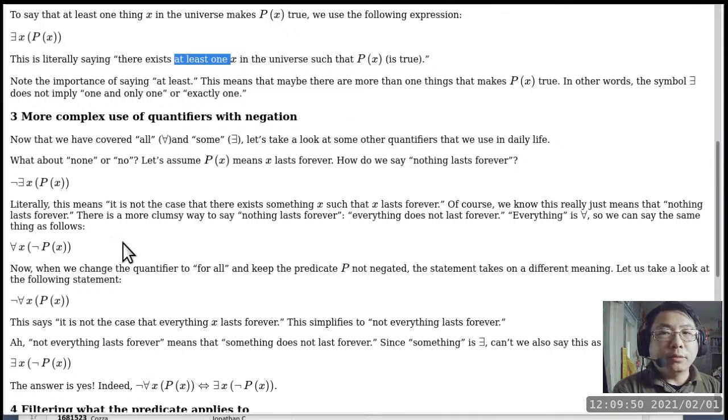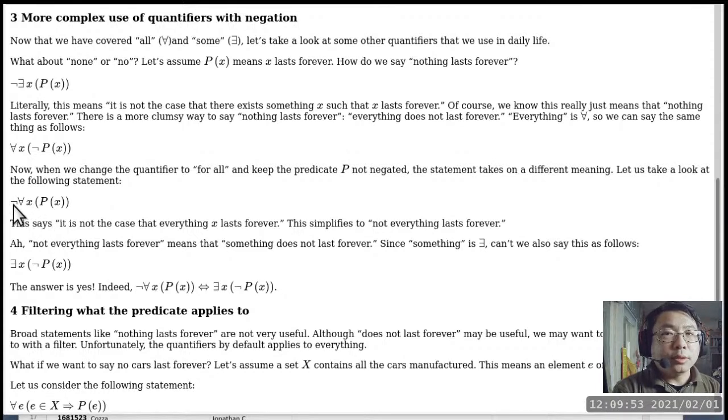The other way around is kind of similar. This time we are starting with a different statement. This statement is saying it is not the case that for every x, p of x is true. That's what we start with. But are you convinced that this is also saying exactly the same thing? The alternate form is saying that there exists at least one x such that p of x is not true. Do you think this statement is the same as this statement over here?